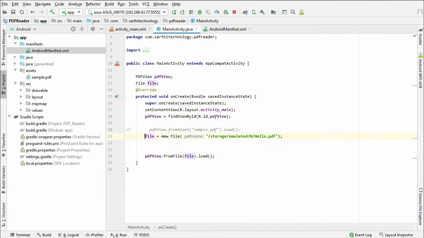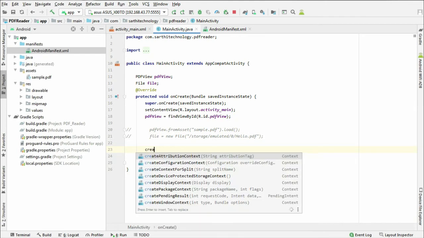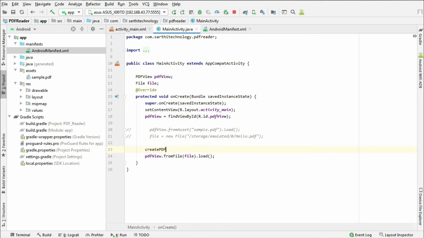So also make this comment, and here we will call a method create PDF. Press alt enter and create method, and here we will create a PDF.